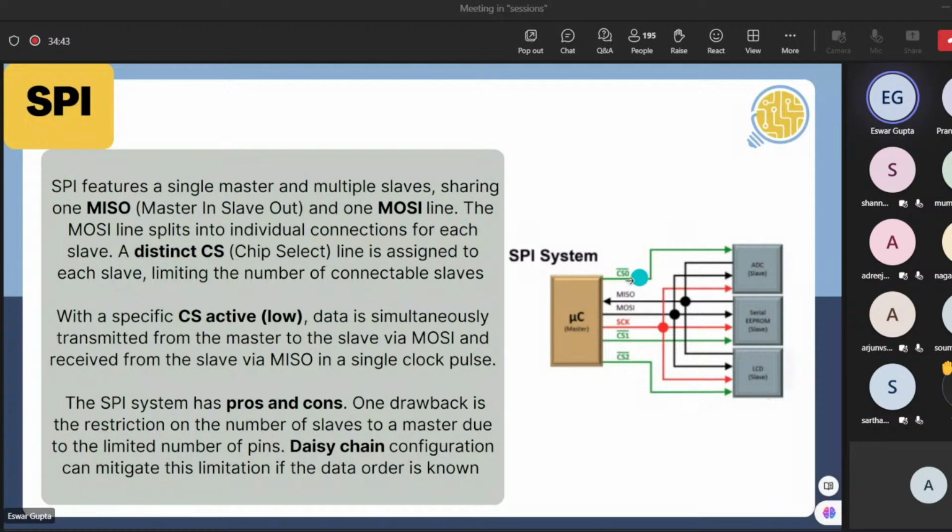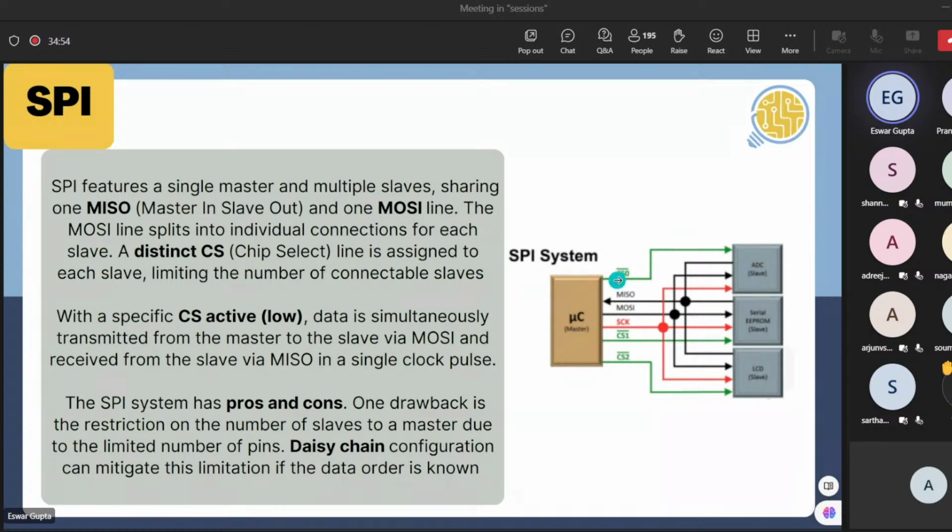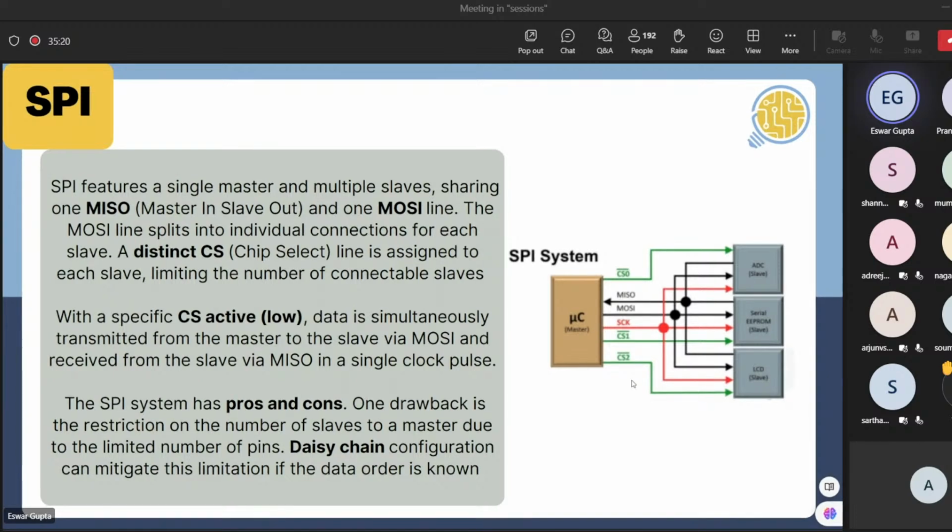There comes chip select. There are 3 lines of chip select. For every slave, there will be a separate chip select line. If I want to communicate with the slave named ADC, I will activate this particular chip select line and the remaining will be inactive. When a slave receives some data, it checks whether the chip select is on or not. If the chip select is off, it decides, okay, the data is not for me, it is for some other slave, I don't need to worry. If the chip select is active, it understands, okay, this data is for me, so I need to do that command. Okay, got it?